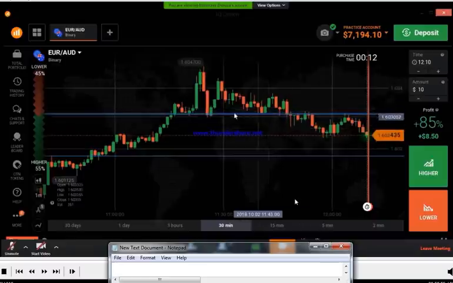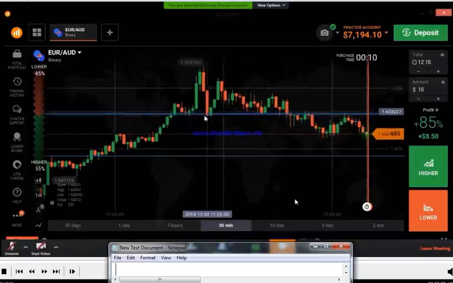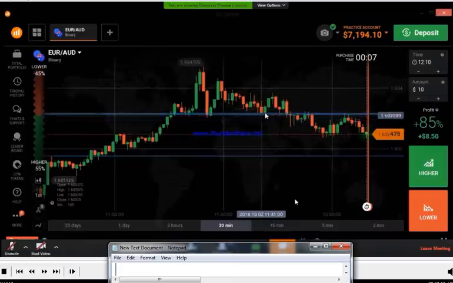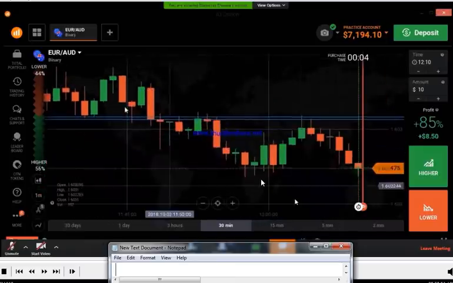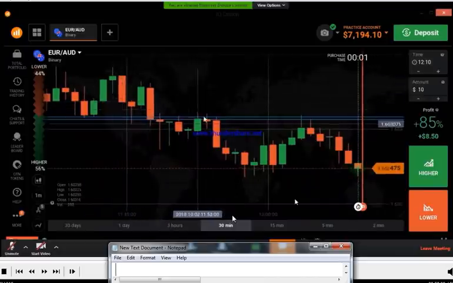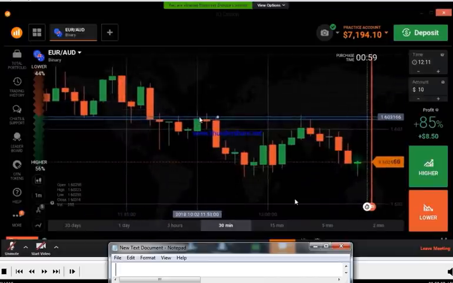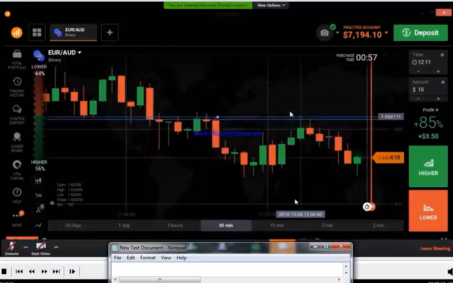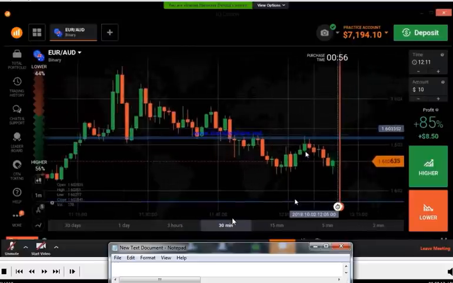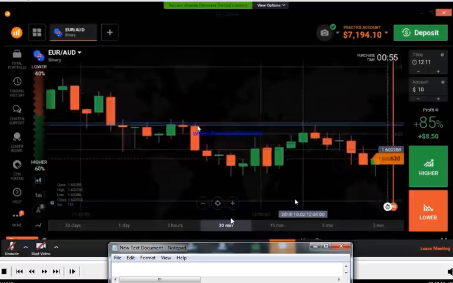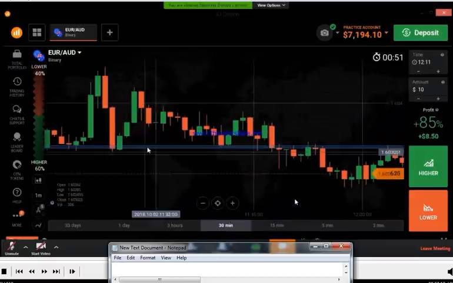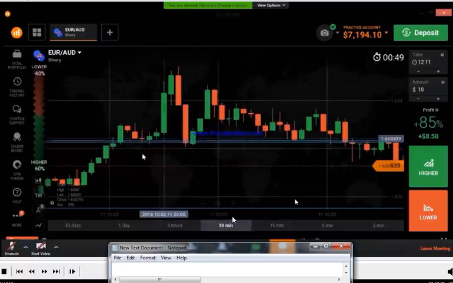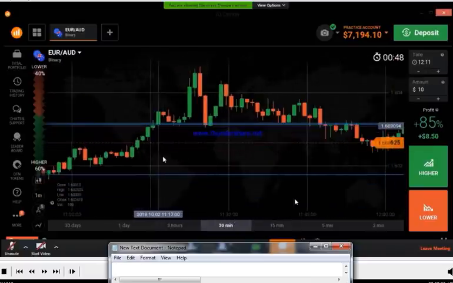It didn't reverse, because it tried here. It was again trying to break this level. It is again trying. At last it broke this level. So when the market breaks this level, it works as a resistance level here, right? It reversed from the same level. When the market touched this level, it reversed. There are also some rejections when the market touched this level here, because this is a strong level.